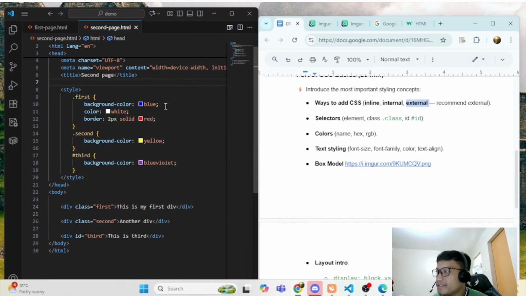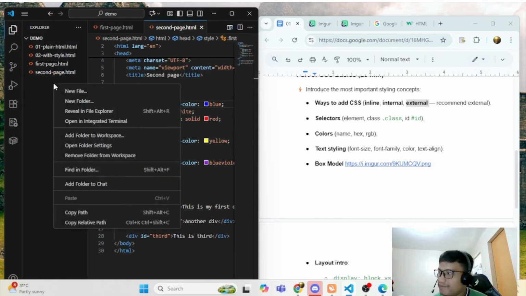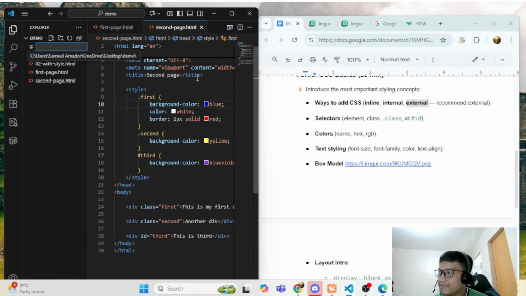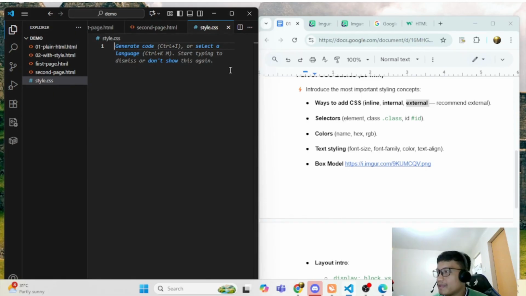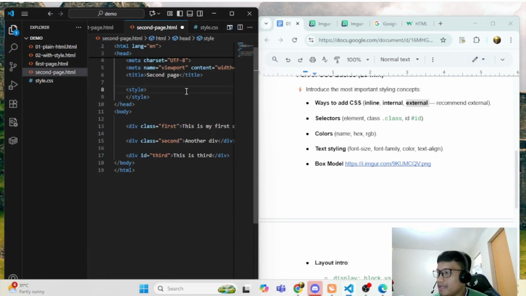So for the external, from the word itself, we will be adding CSS outside the file. So let's say we will create a new file. So let's say style.css.